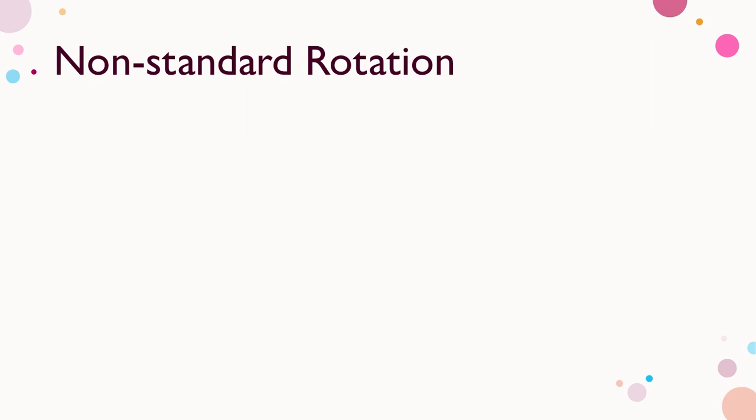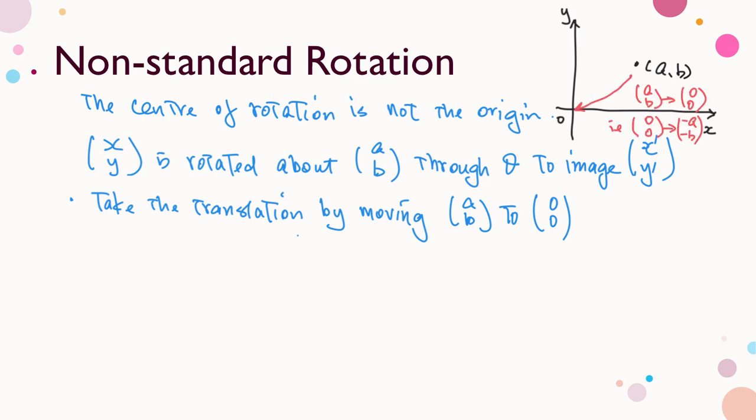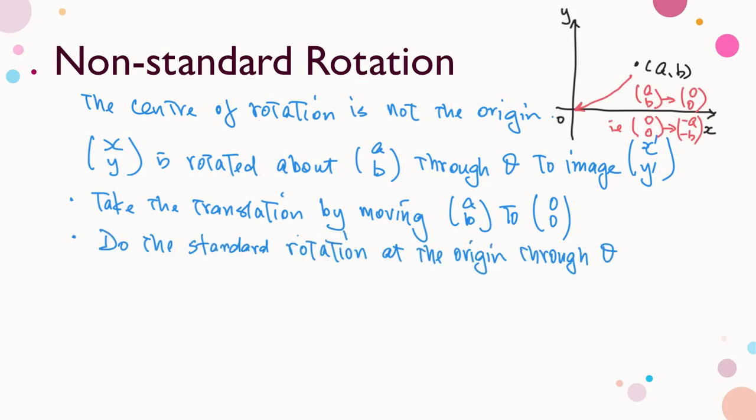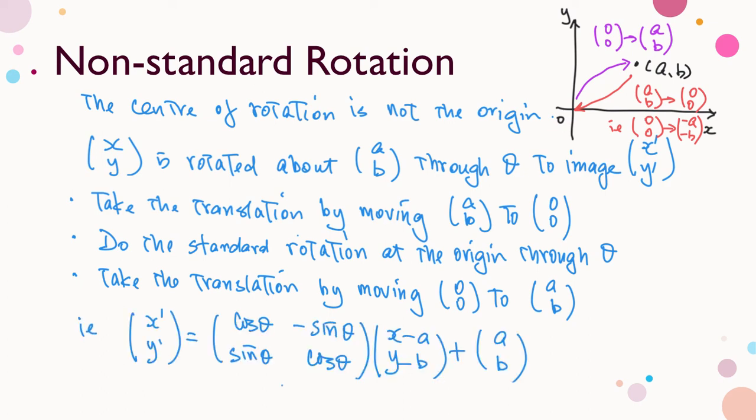Non-standard rotation refers to a rotation where the center of rotation is not the origin. Suppose a point (x, y) is rotated about the point (a, b) through an angle theta to its image (x', y'). We can interpret this rotation as, first, take the translation moving (a, b) to the origin, then do the standard rotation at the origin through theta, and then take the translation again moving the origin back to (a, b). That is,